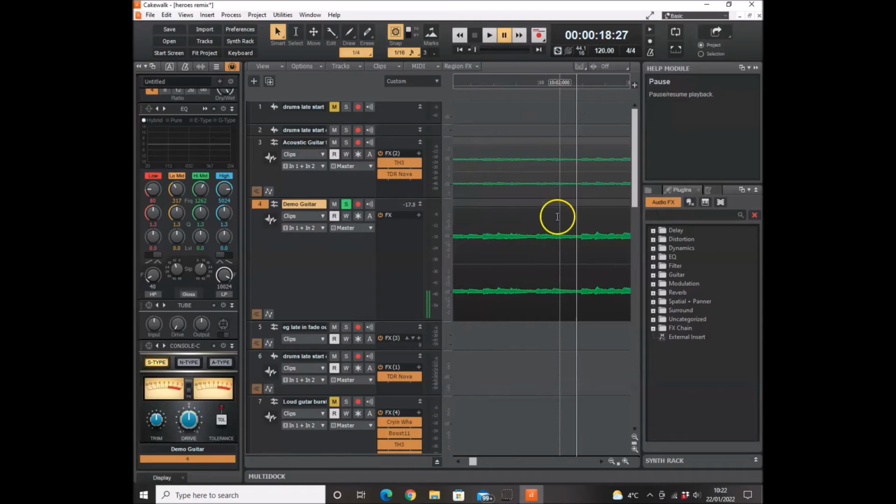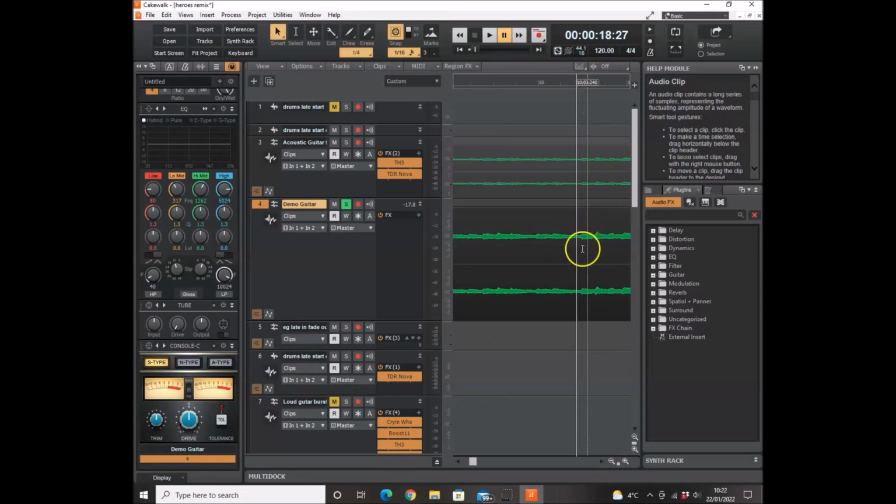So if this is one of the pieces of guitar I'm wanting to edit and put into the song, I'm not sure if you're supposed to do it this way, but it's the way I do it. Then this is what I do. So what I'll do is I'm gonna cut some more here. As we cut before, so basically